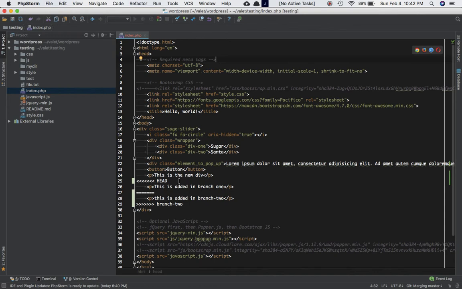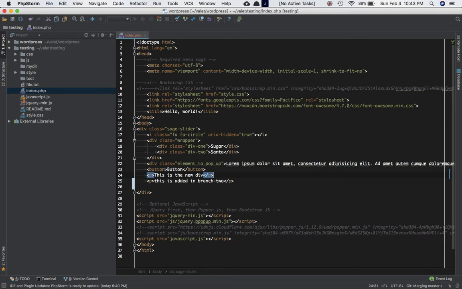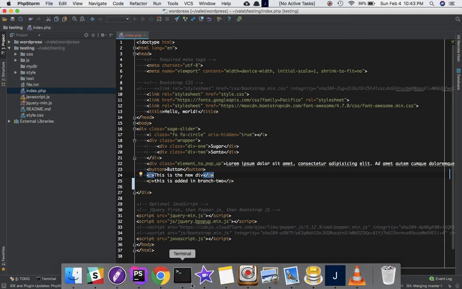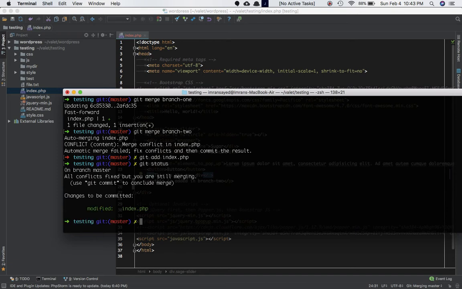So all you have to do is remove this HEAD line, remove this comment, remove this as well. And let's say I want to accept developer 2's code. I like this code better, so I'm going to delete this. Once this is deleted, save the file, and all you have to do is commit it. So git add index.php, git status, git commit